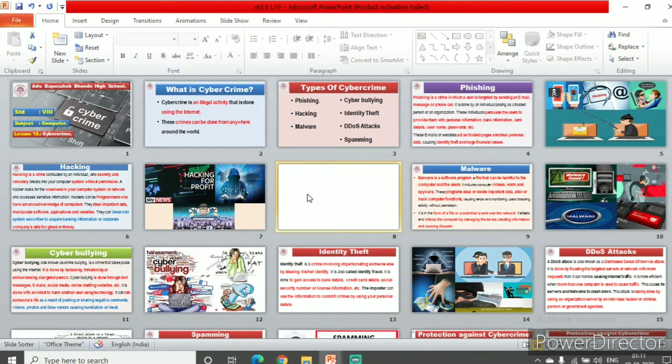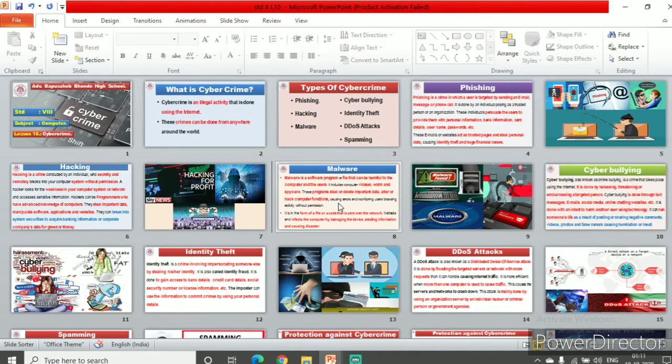If I want to delete this slide, I just have to select it. See, if I select, there's a yellow border coming. Now I've selected this and I'll just press the delete key on the keyboard and yes, it's gone. So you can rearrange, add and delete slides in this view, the slide sorter view, most preferable view.